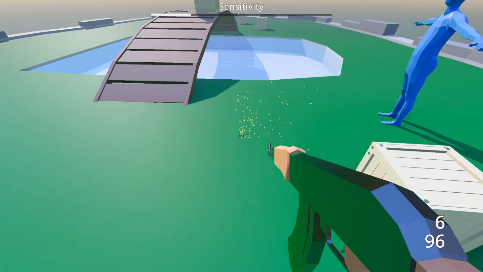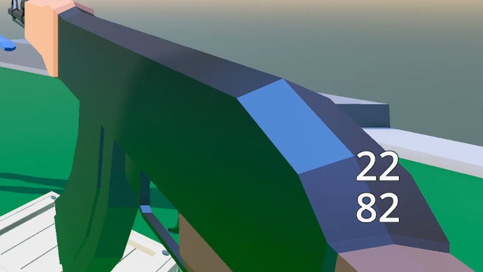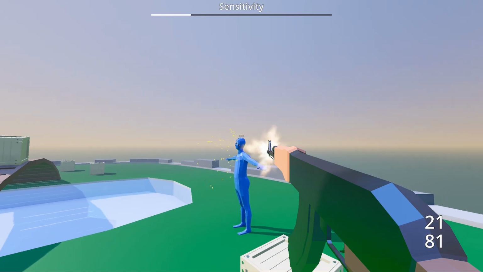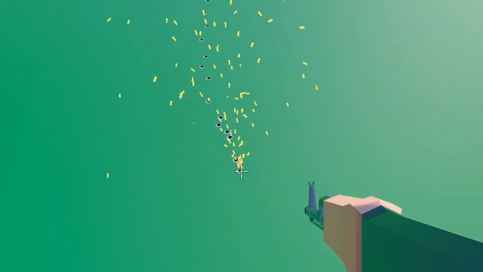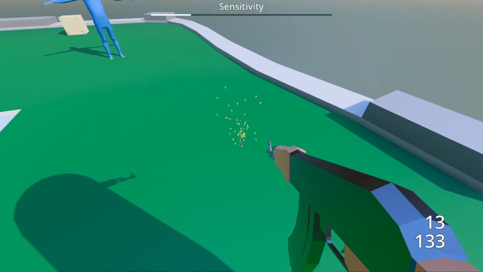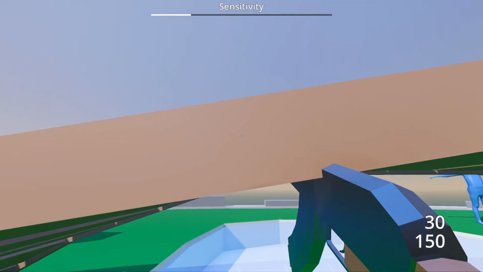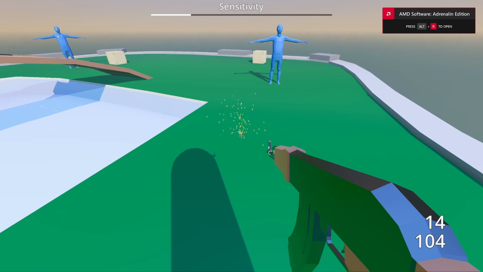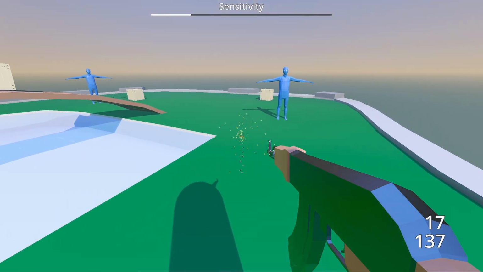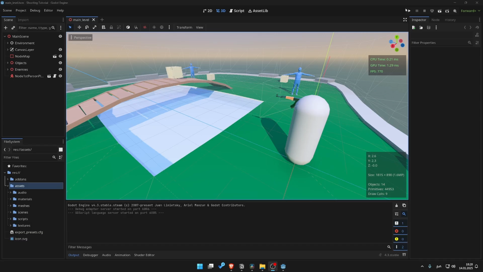We will be creating a complete shooting mechanic, including an ammunition system, reloading, damaging and interacting with physics objects, adding some visuals like muzzle flash and bullet holes. We will also add some sound effects and fix problems like a gun clipping into a wall. In the end, we will improve the shooting mechanic by adding recoil and spray features. Let's dive right into it.